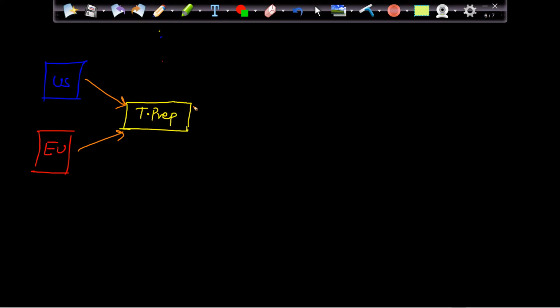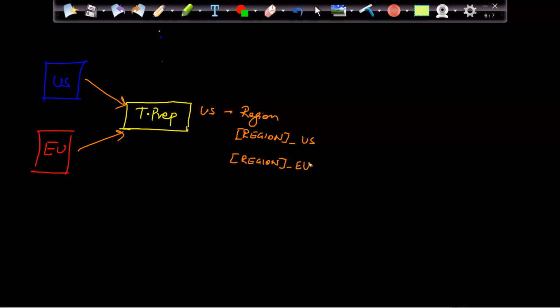First logic will be from the first data, US, in the region column, I will take the value region and I will write underscore US. And the data which is coming from here, I will write region underscore EU, so that I can segregate the regions.